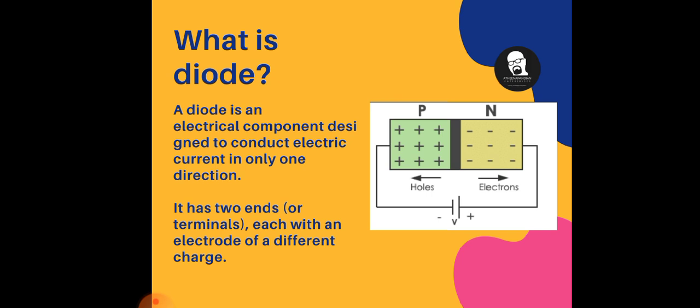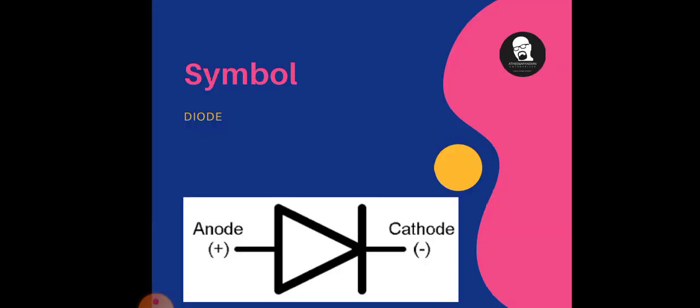So these materials will provide you p-type and n-type semiconductor. So these semiconductors are connected together, and you can see that the p-type semiconductor is connected to negative supply of the battery, and n-type semiconductor is connected to positive supply of the battery. So this is the basic construction with supply of diode, right? Then this is the symbol of diode.